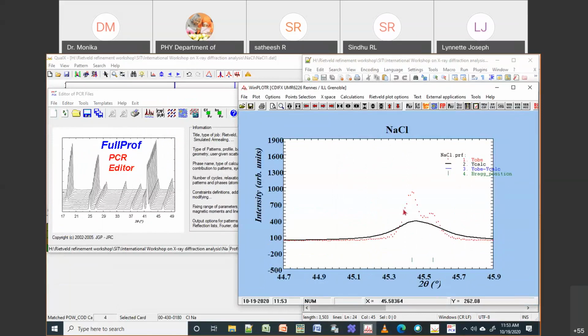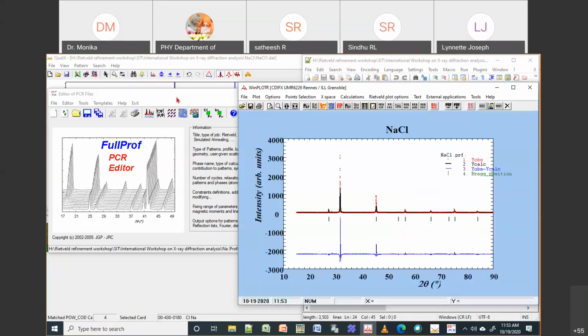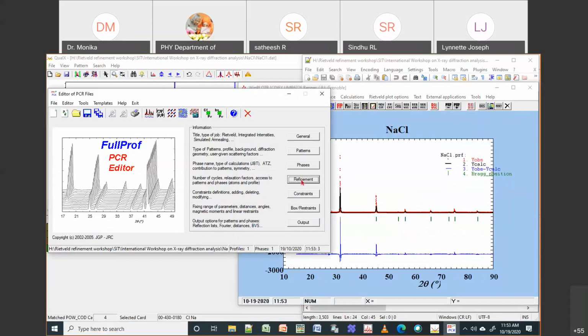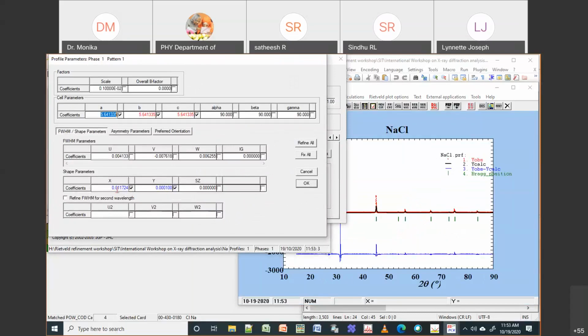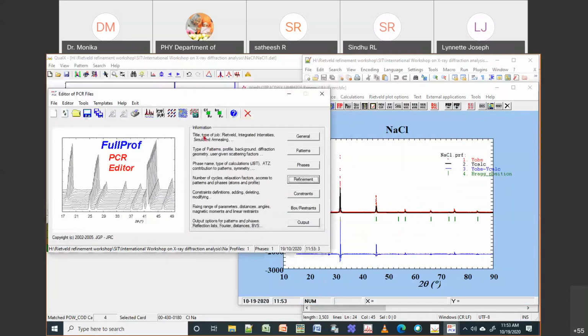Overfitted in the sense when you use X and Y both, it will try to go for more symmetric fitting. So this is not good. So what we'll do, we'll go back. So go back to this refinement profile, and then you can see it has changed a lot. Okay, so normally it should be 0.011 something like that. So we will do only the X parameter. Okay, let us not touch Y. So let me see what happens now.